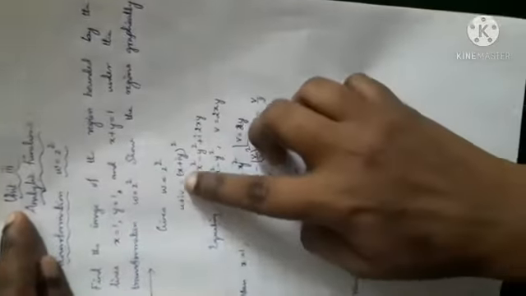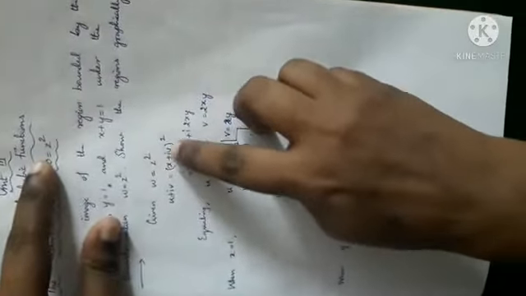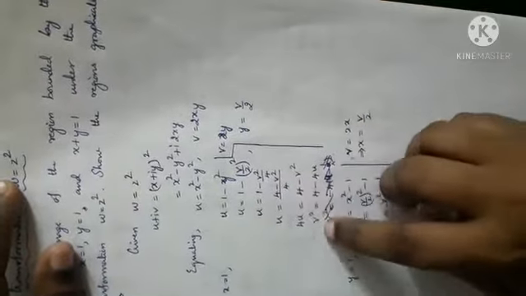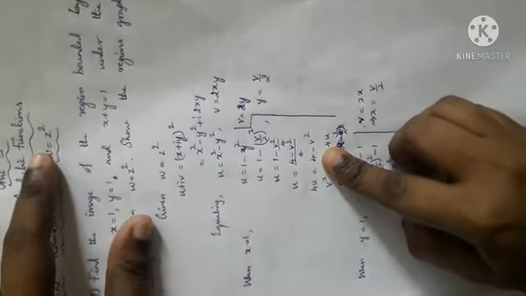So W equal to Z square transformation, we know W is u plus iv, Z is x plus iy whole square. Use a plus b whole square formula, equate, you will get real and imaginary part. So we should find the image of x equal to 1, y equal to 1 as well as x plus y equal to 1. When x equal to 1, u becomes 1 minus y square, v becomes 2y. So you can find the value of y, substitute it here, simplify, it is a parabola. If v square equal to 4u, it is a parabola, and definitely it meets origin. If v square equal to 4 minus 4u, the parabola will not meet origin, okay? Let us see how the parabola is while drawing the diagram.